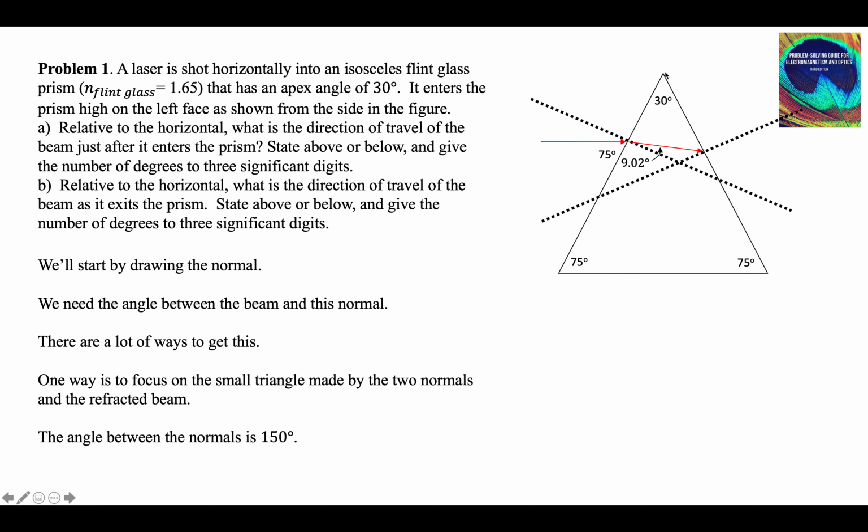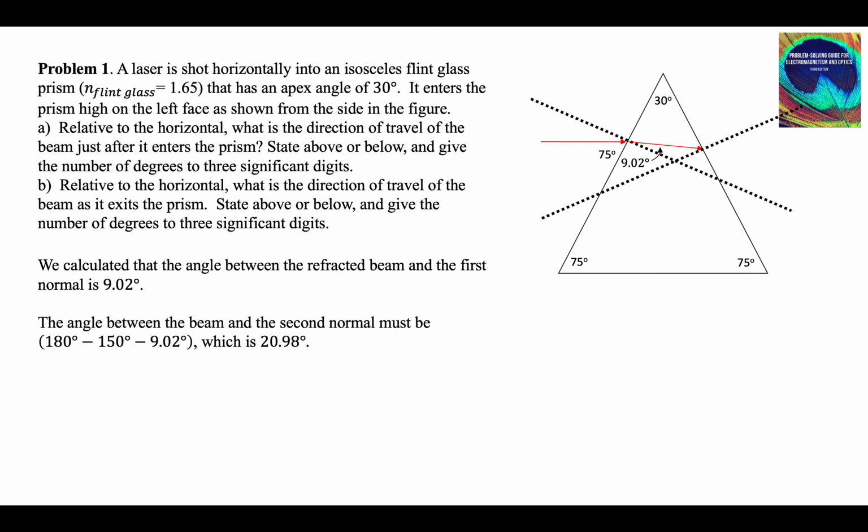We can get that by considering this quadrilateral. The interior angles of a quadrilateral must add to 360. So the 2 normals are 90 each, that's 180. The apex angle is 30. 180 plus 30 is 210. So this must be the rest of the 360, and that's 150 degrees. So we have a 150 degree angle between the 2 normals, and we have 9.02 right here. We can calculate this one. It's 180 minus both of those, which is 20.98 degrees. So the angle of incidence for the second refraction is 20.98 degrees, and we can use